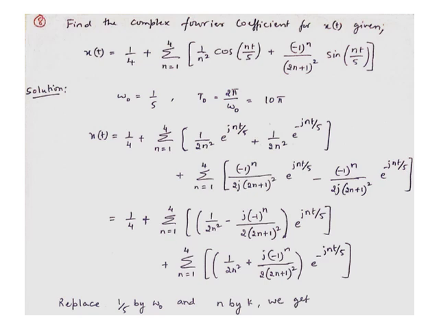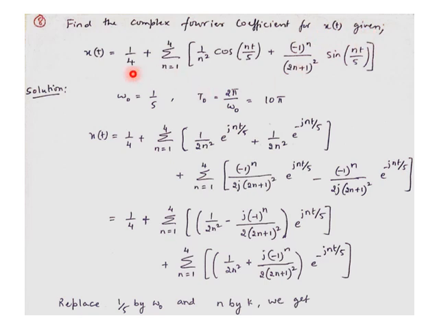So we'll see a similar kind of problem and a few varieties of problems, and how to solve them if the graph is given. So in today's presentation we are going to see some problems with regard to the graphical representation also. Next, the problem is given as a statement like this: find the complex Fourier coefficient, that is x of k, to be calculated for the given x of t.